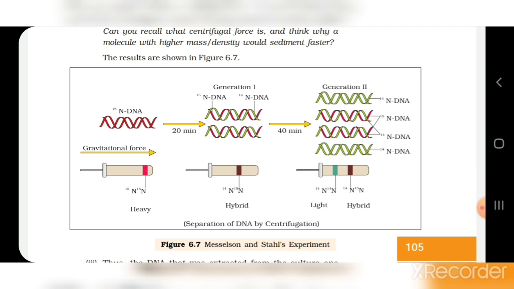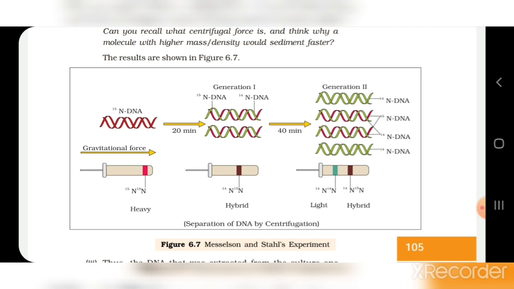Now, why did the N15 strand act as a template and make a new complementary N14 strand from the raw material available? Each DNA molecule had one N15 and one N14 strand. You can find this in the figure: the red ones are the N15 DNA, the heavier isotope of nitrogen. After 20 minutes, when the DNA got replicated, it produced one green and one red, that is a hybrid DNA, with one N14 strand because the medium contained normal nitrogen, N14.